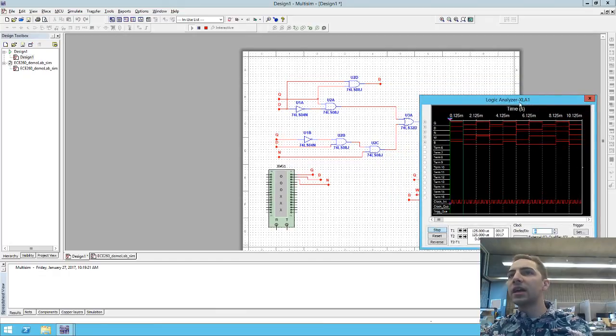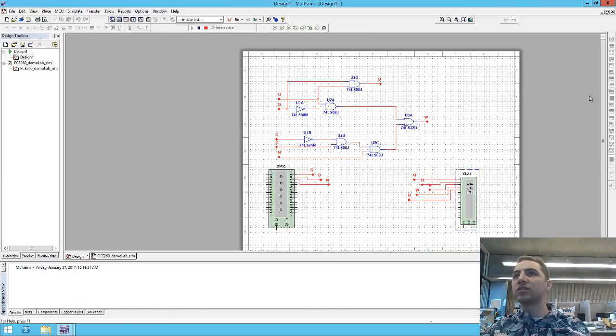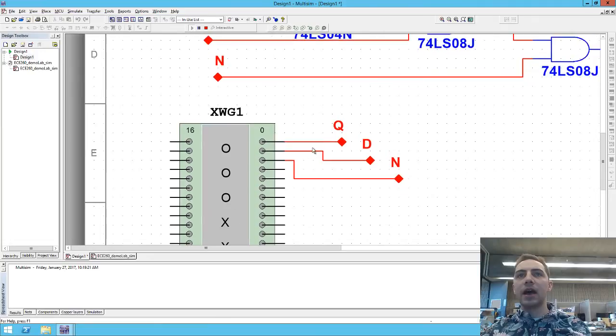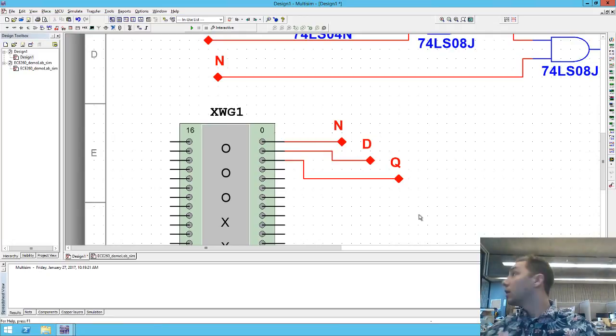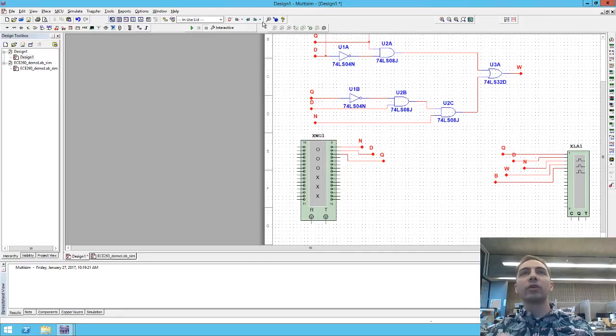Now, that's not actually how I had intended this to run. So I had actually thought that Q was going to transition the least. So I'm going to actually just go over here, and I'm going to click on these wires and delete them. In order to delete them, I do have to stop the simulation. So I'm going to delete those each, and I'm going to reverse the order of them, like so. Click once to start, and a second time to end. And finish off. Now if I rerun this simulation